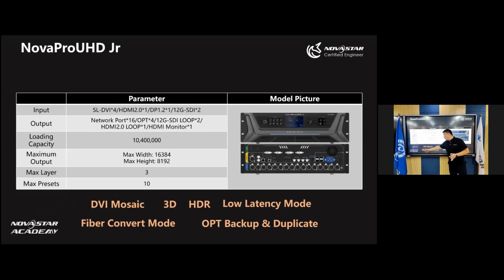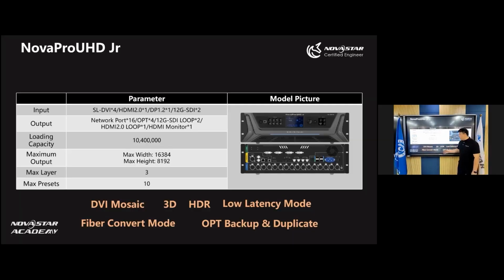And here, a feature of the Nova Pro UHD Junior is the DVI mosaic. Because here you can see it has 4 single link DVI. So the DVI mosaic can slice these 4 DVI video inputs as one independent video source. And we can just select the DVI mosaic source at the front panel. This is a feature of the Nova Pro UHD Junior. And also it supports 3D, high dynamic range, and it can enable the low latency